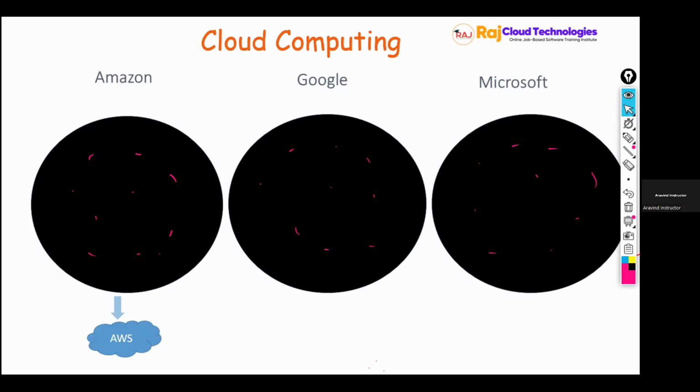If I ask for 100 GB storage, they will give me 100 GB storage. If I ask for 50 GB RAM for my server, they will give me 50 GB RAM. If I ask for an elastic IP, they will give me an elastic IP. Whatever infrastructure you request, they will give you through a platform called Amazon Web Services virtually.